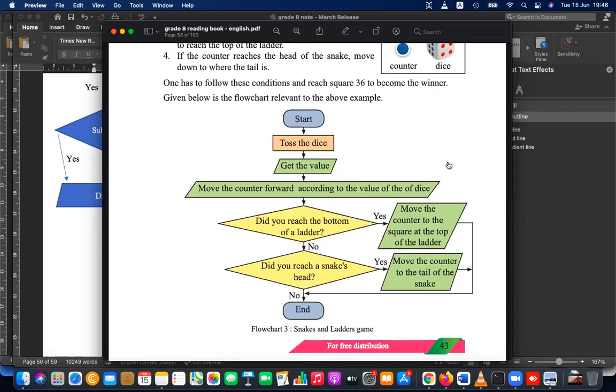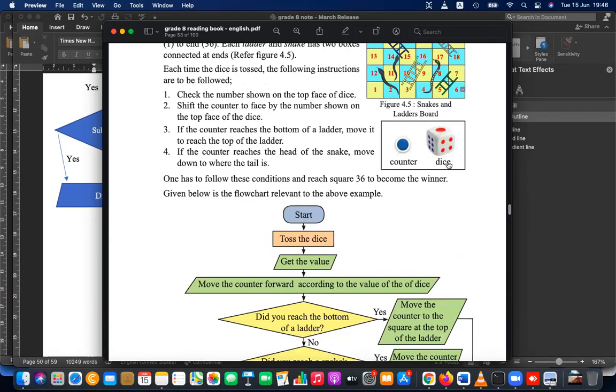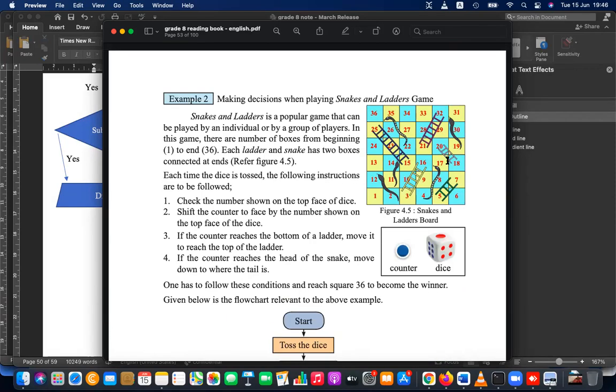But you can't really create this. So let's try to simulate something similar to this, not perfectly the same, but we can simulate it using Scratch. We can use a dice, and of course we can simulate the dice even using micro:bit. Okay, let's try to create this game later, not now. At the end of the session, let's give it a try.